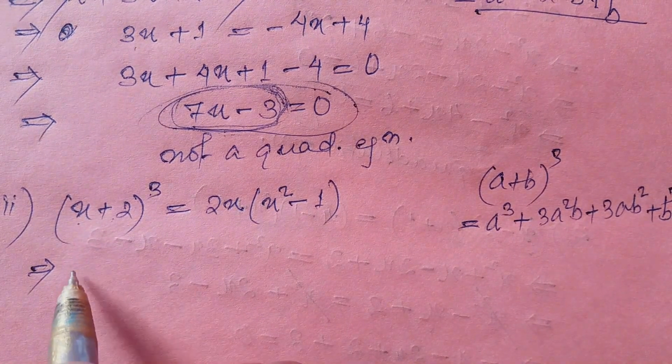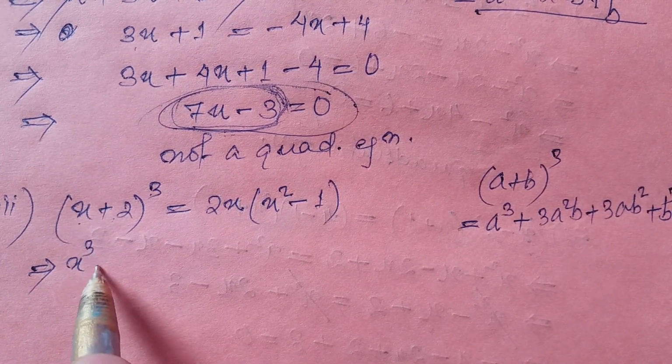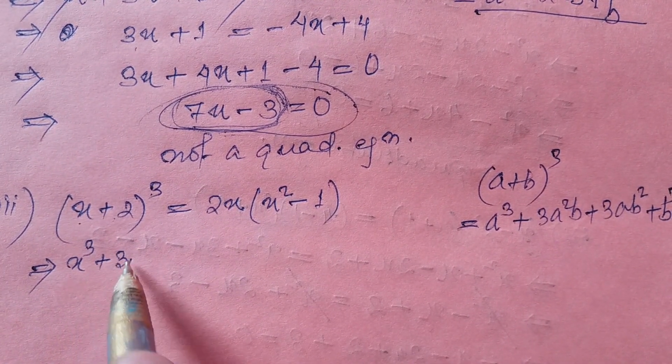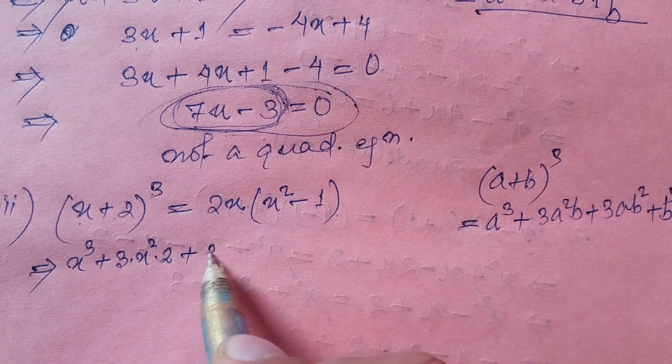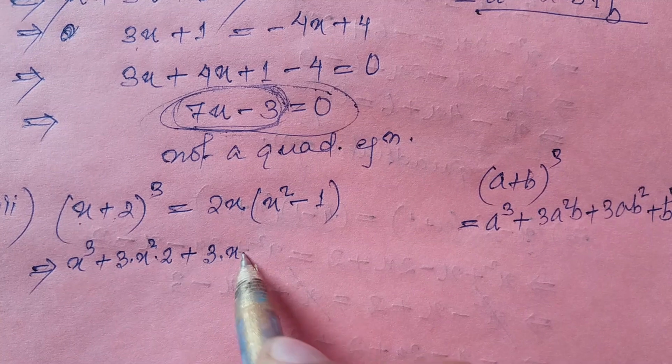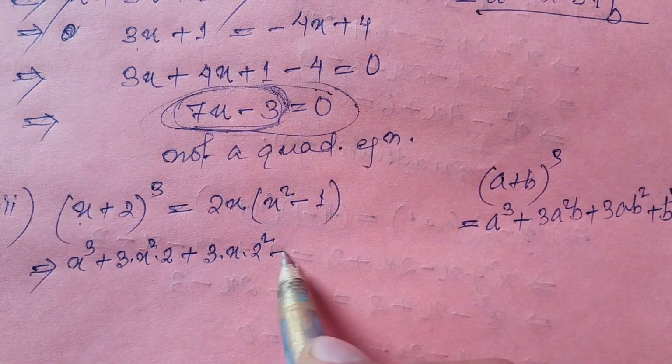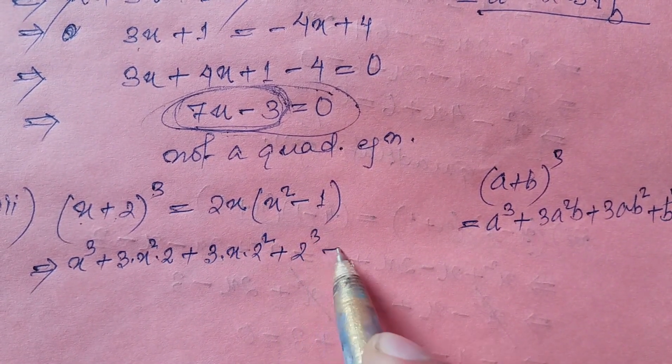So this is x cube plus thrice x square into 2 plus thrice x into 2 square plus 2 cube, and on the right hand